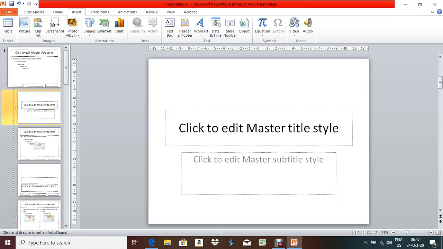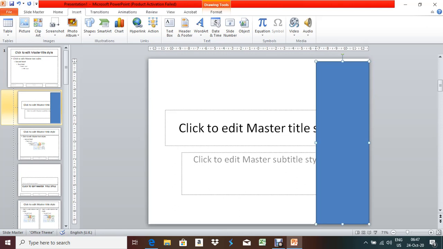That means from here you have to draw the box. So insert shape, this rectangle, and you have to keep it up to that. This is the 1/4 of the slide.